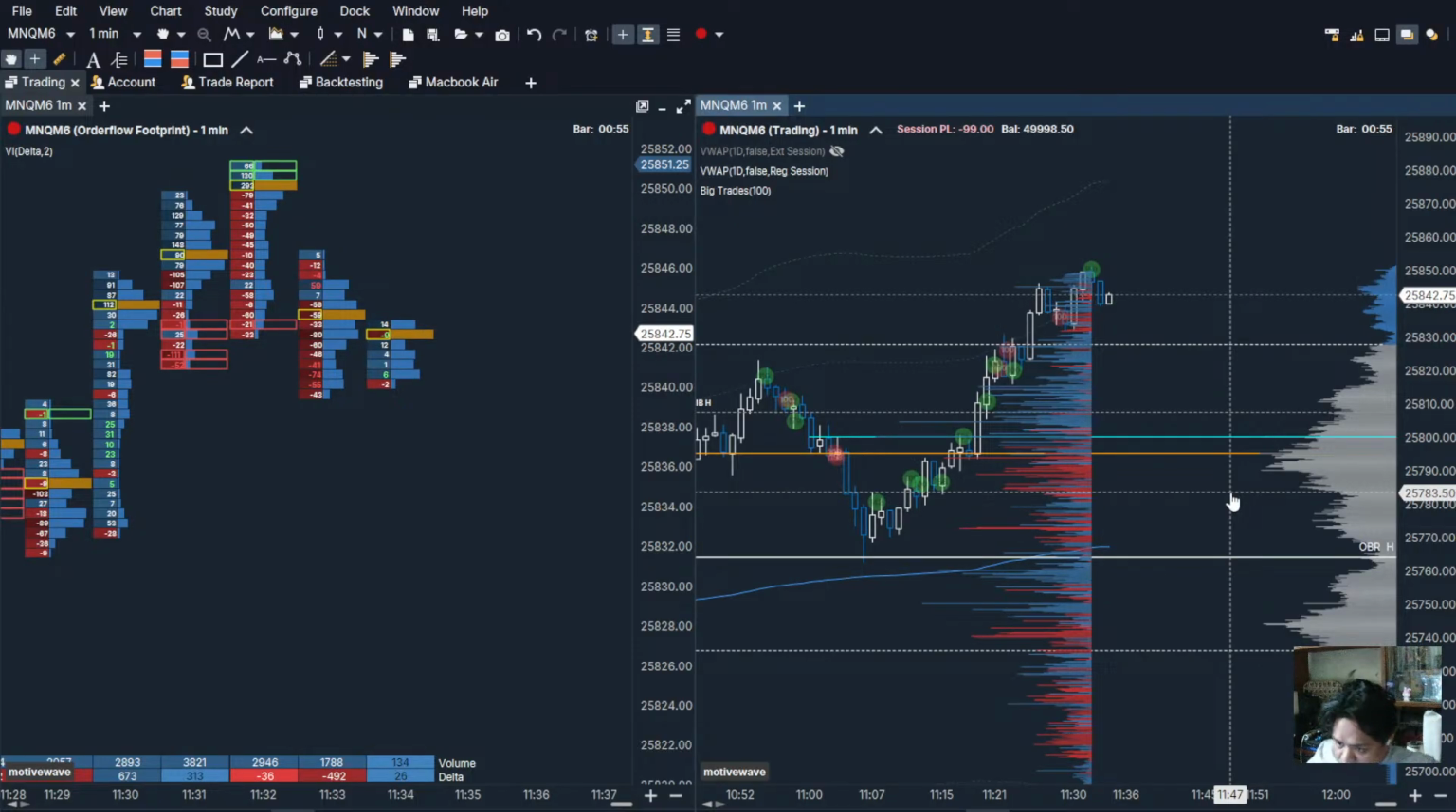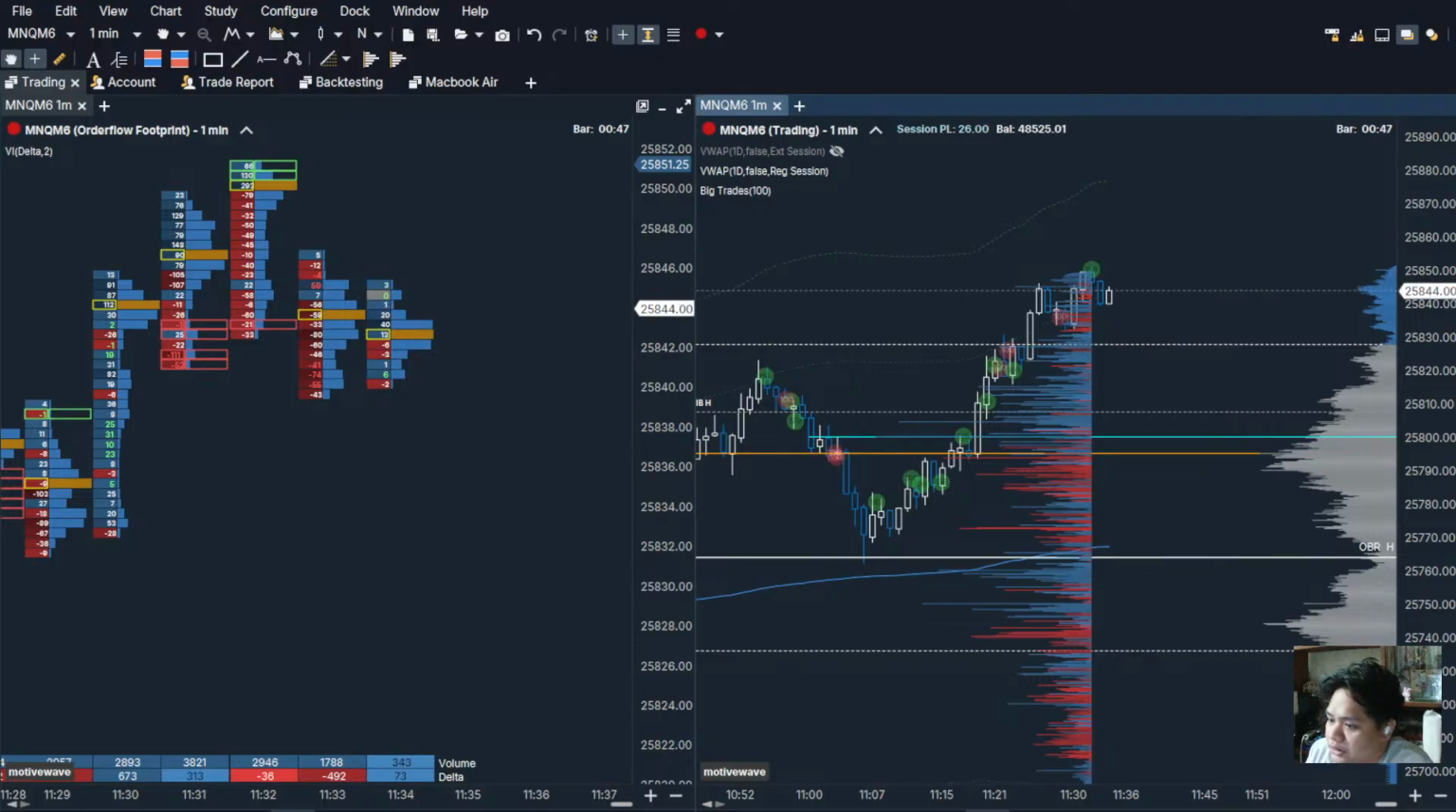Final 30 minutes for the day, guys. See if you can get one more push or setup. We're up 26 bucks. Good trades though. Those were good trades. Can go above 3 if